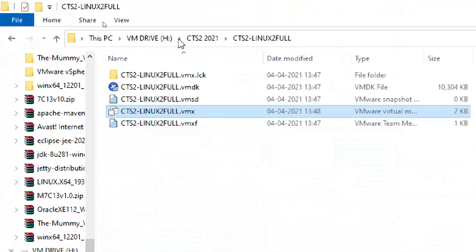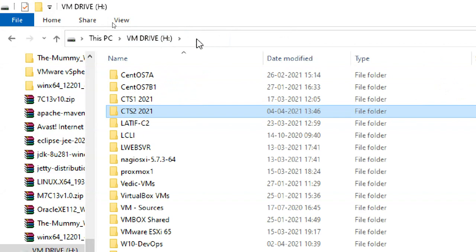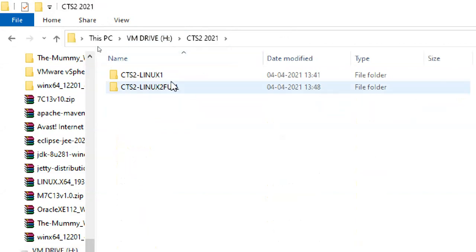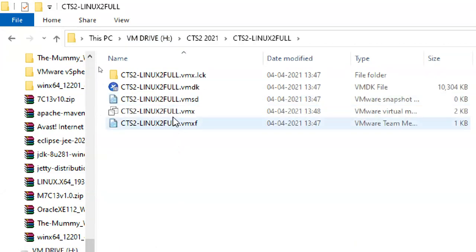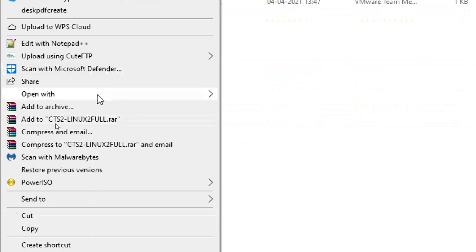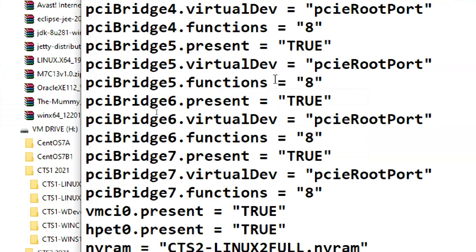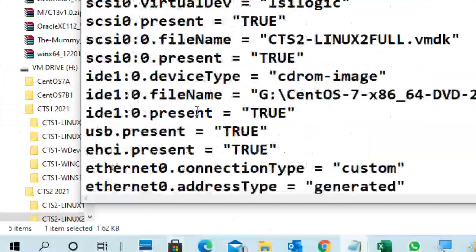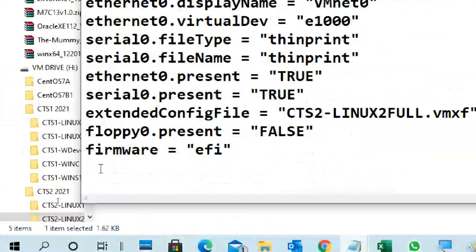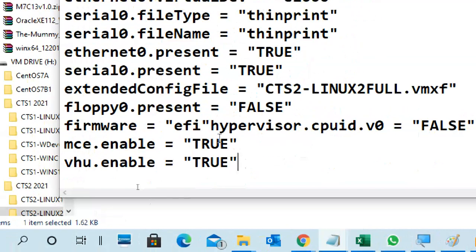Okay, like this. I copied those 3 lines, and this is H drive, CTS2, Linux full, VMX, right click, open with Notepad, scroll down, click here, paste.